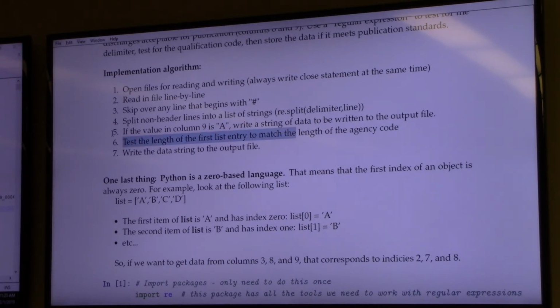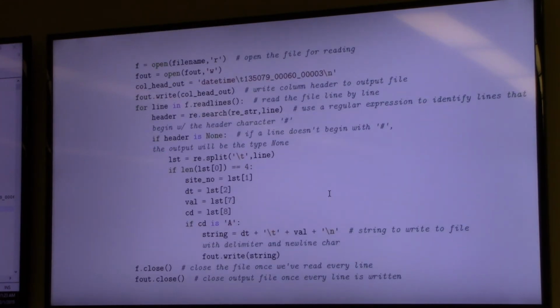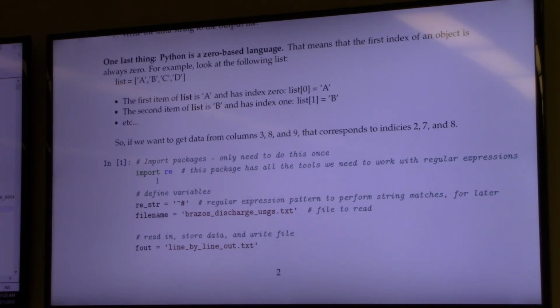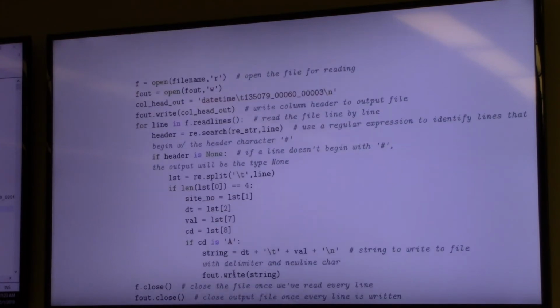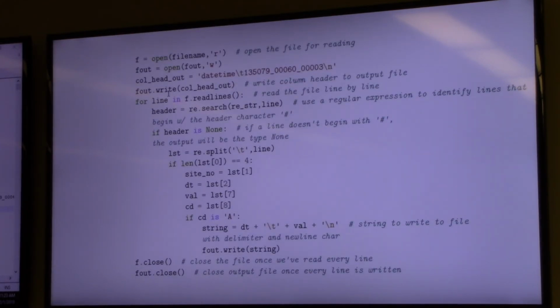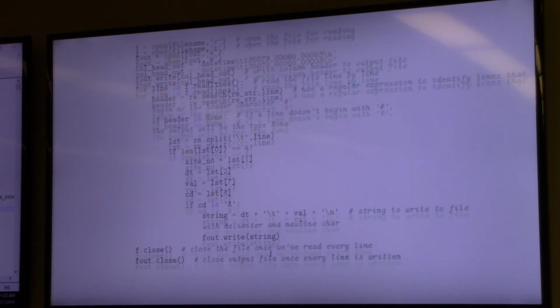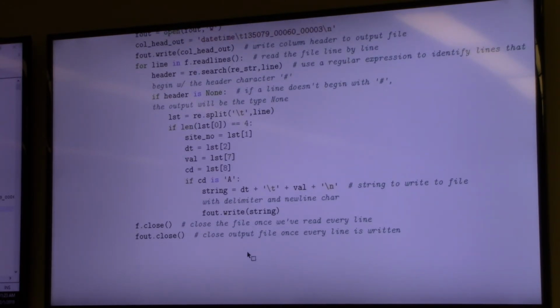And then, what am I doing here? Oh, I'm making sure that I have the correct criteria. I'm making sure that it is a value from USGS and not from some other agency. And then I'm writing that data string to an output file. So you can see that the code to do that is probably about 20, 25 lines long, which isn't horrible, but